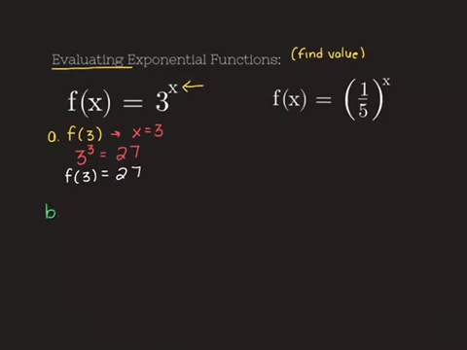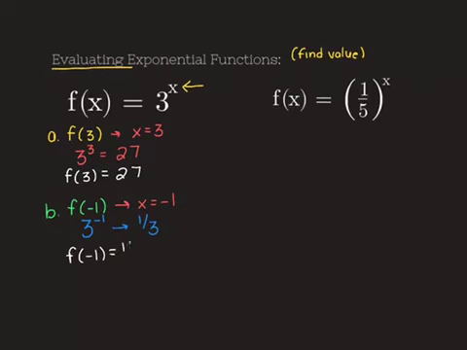Let's also look at f of negative 1. So remember, that means, again, we replace x with negative 1. So now our exponent's going to be negative 1. So we'll have 3 to the negative first. Remember, we can't have a negative exponent, so we rewrite this as 1/3. So f of negative 1